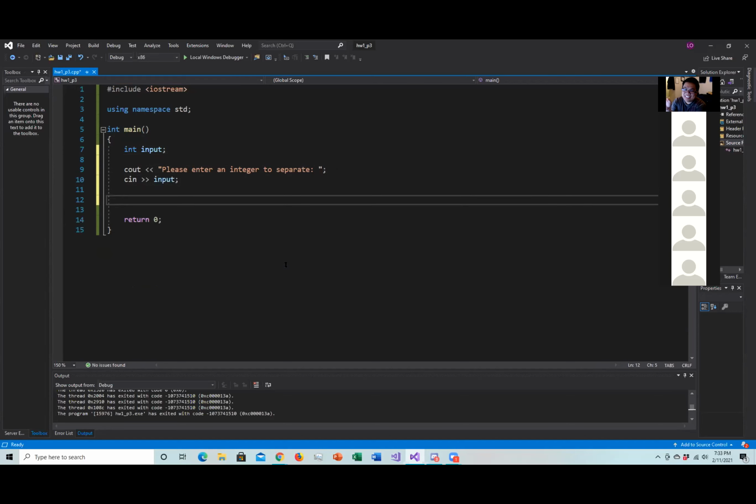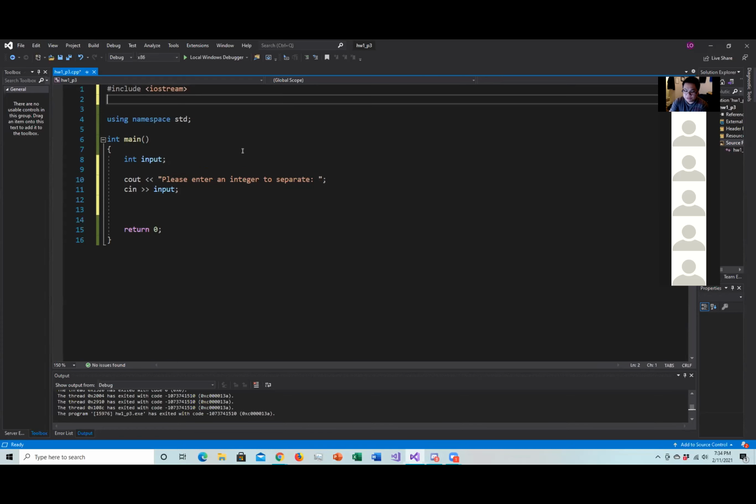And then the next thing I would have done is this. I know you guys aren't familiar with the string library, but I guess now's a good time to show you. The thing I would have done next would be to include